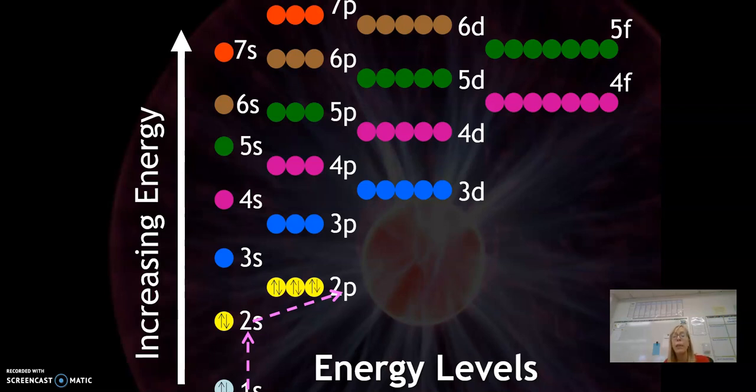And then we go to 3. So notice 3 has S, P, and D. So I'm going to go to 3s first, that can hold 2. Then I'm going to go to 3p, that can hold 6. Now, from an energy perspective, an interesting thing happens because the 4s sublevel is actually a little bit lower in energy than the 3d. So if we have any more electrons to place, we're going to do 4s, then